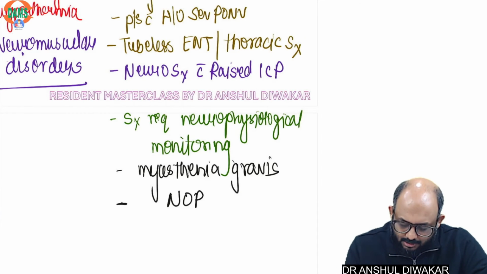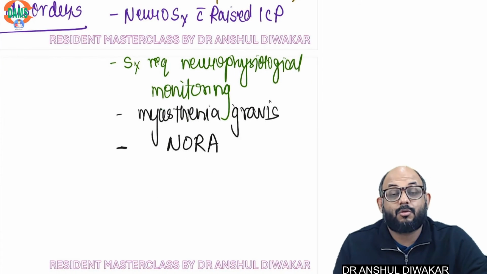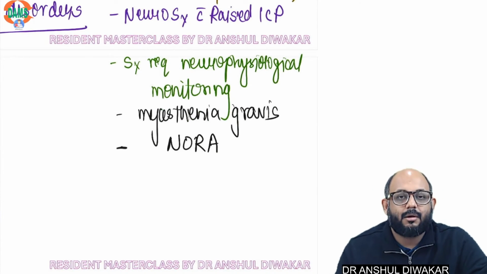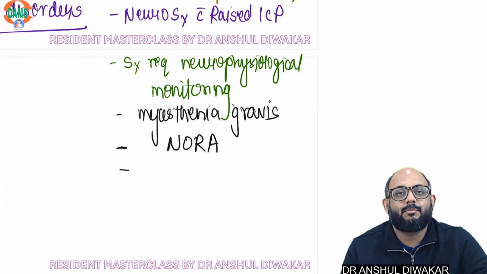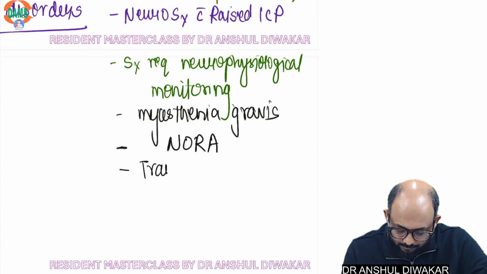Non-operating room anesthesia, NORA, very important reason, and that is what we normally called as TIVA, is actually NORA. Okay. Then if you have to transfer the patient between one environment to another,